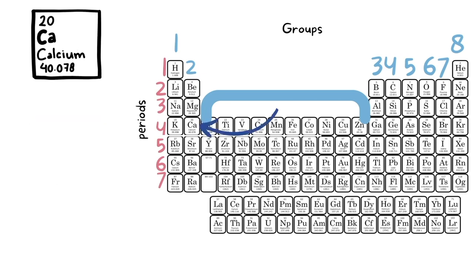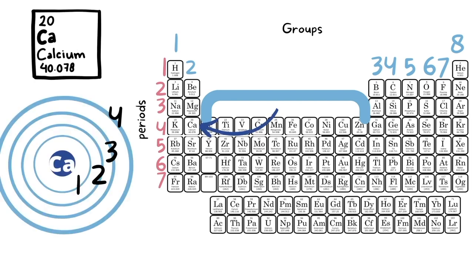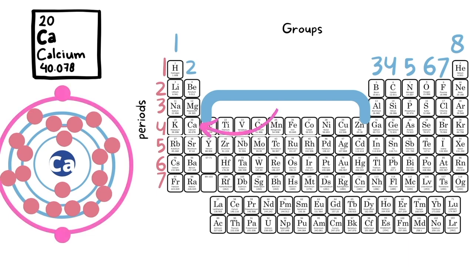So next, let's look at calcium. Calcium is in period 4, so we know it will have 4 shells. 2 electrons will fill up the first shell, 8 will fill up the second shell, and now we have to use some critical thinking to fill out the third shell, because we know the third shell has a capacity to fit 18 electrons, but we must only fill it with 8. We know this because the periodic table tells us calcium must have 2 electrons in its valence shell. In order to accommodate this, we must place 8 in the third shell, so we have 2 left over for the valence shell.